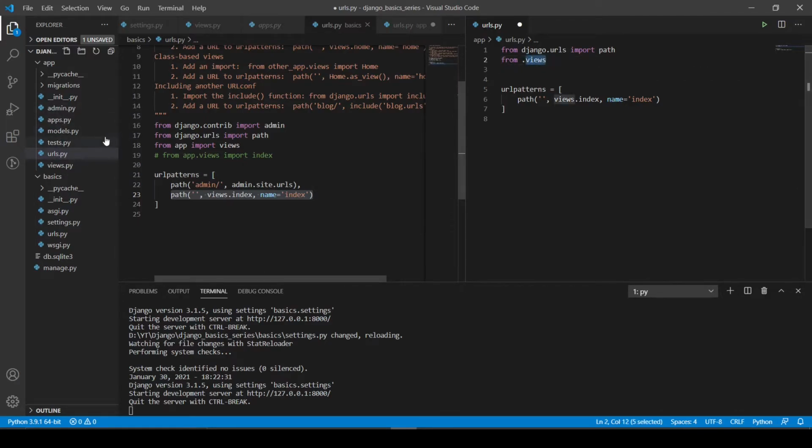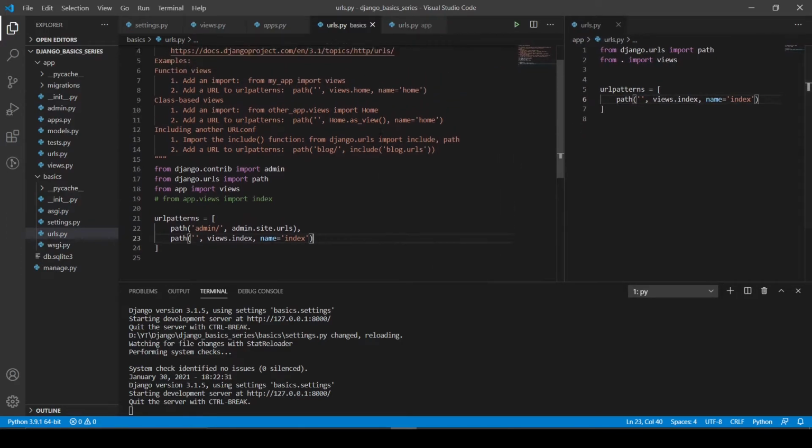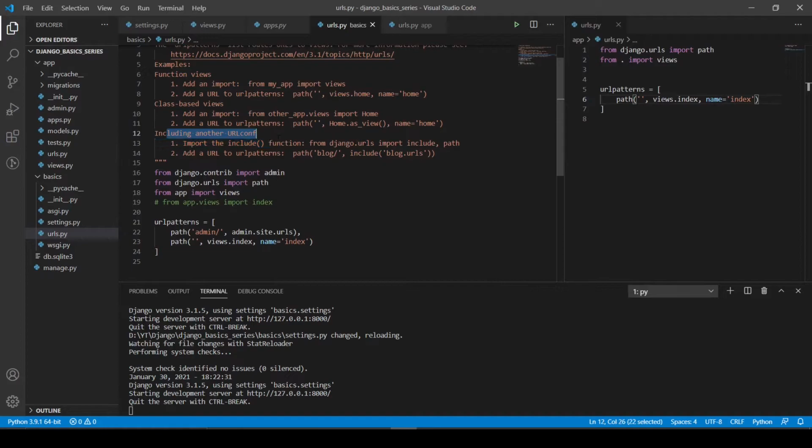But now you have two different things, right? You can see in the documentation itself, under including another URLconf: if you are adding any other URL line here, you need to write the app name.